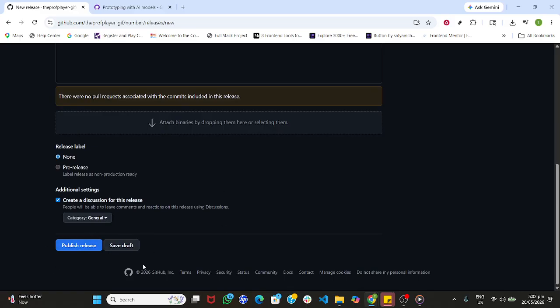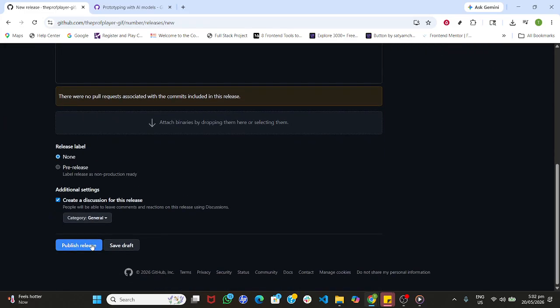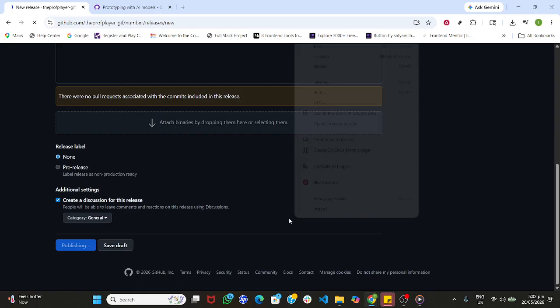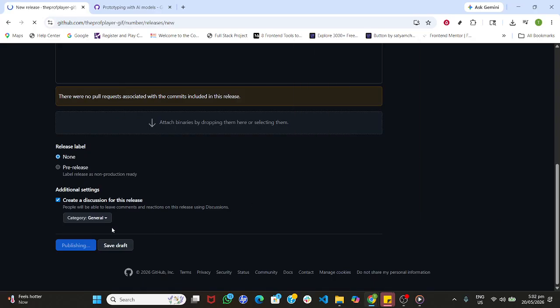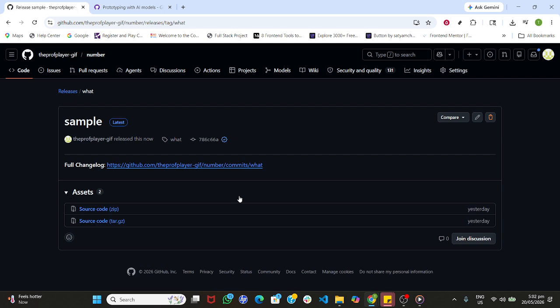Expand additional settings to see more options. If your project uses GitHub discussions, you can enable Create a Discussion for this release to centralize feedback. Finally, scroll to the footer area to review what you've entered one last time. Confirm the tag, target, and notes are accurate,